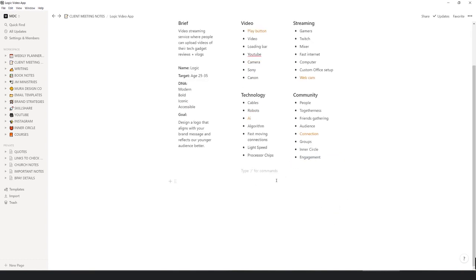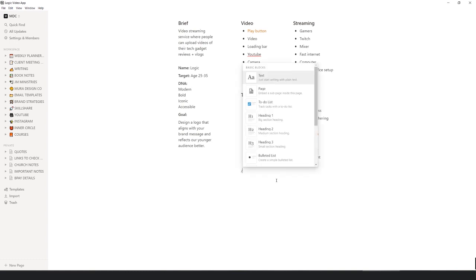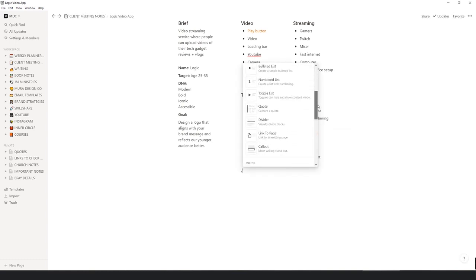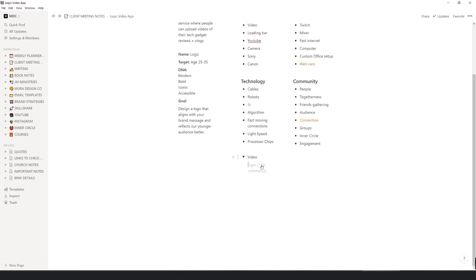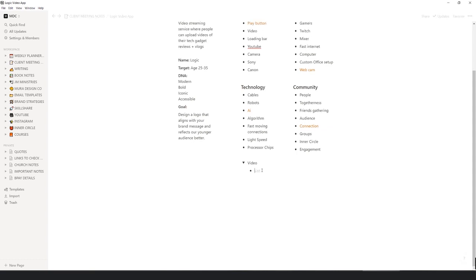And honestly, I can just start typing. I can add headings. I can also add to-do lists, and you can get all these options. I can add bullet lists, a numbered list or a toggle list, whatever. So maybe I want to type in video, and then I can click this and start to add more notes,